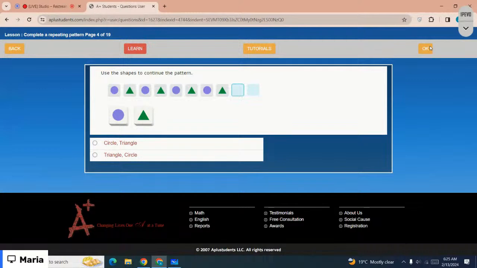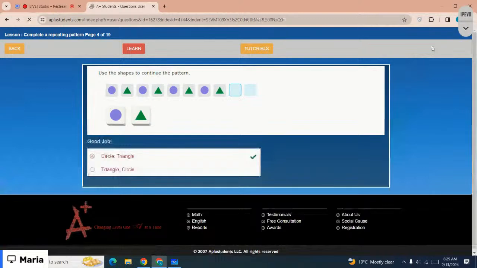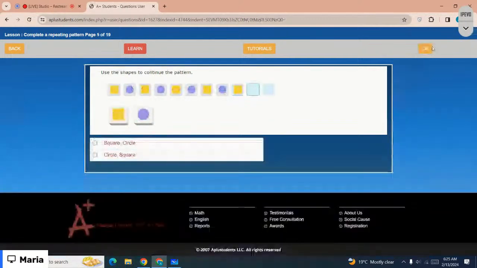That is circle and triangle. Option number 1 is the option. Use the shapes to continue the pattern. The next one is